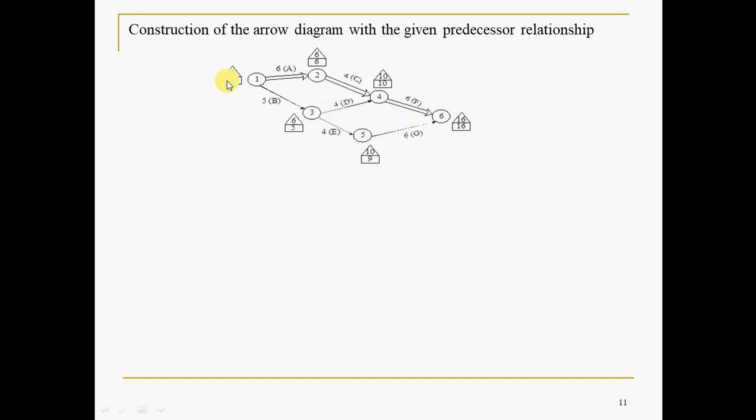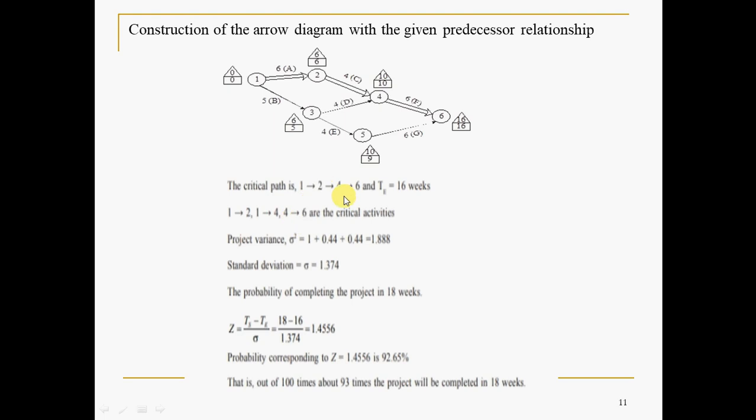Or, after getting the square box values, see how we are getting the 16. Just like this, that is the critical path. Either way you can identify the critical path. One way is identifying the number of basic paths and taking the path having the greater length as the critical path. Or after filling the square and triangle values, the 16 you got in the last square box, in which route did you get the 16? This 6 plus 4 plus 6, same thing more or less. Fine. Now after getting this, the critical path is 1, 2, 3, 4, that's 16 weeks. And these are the critical activities.